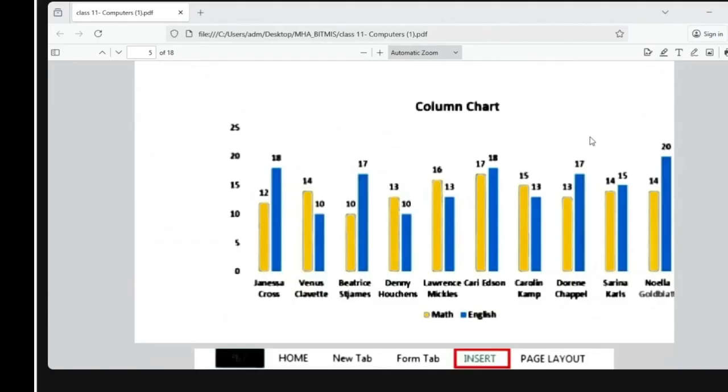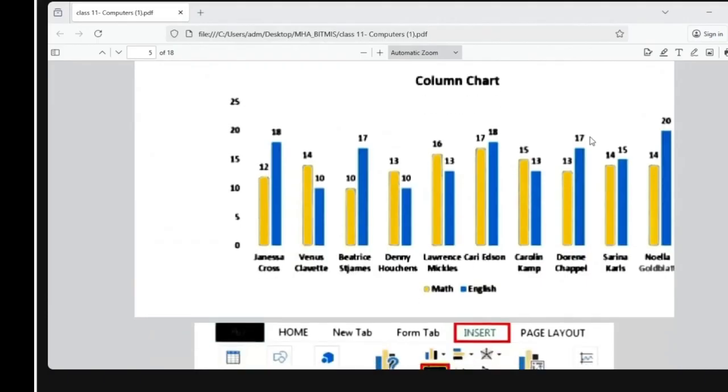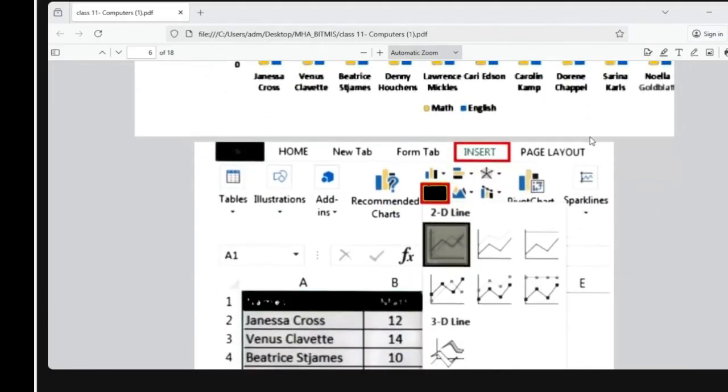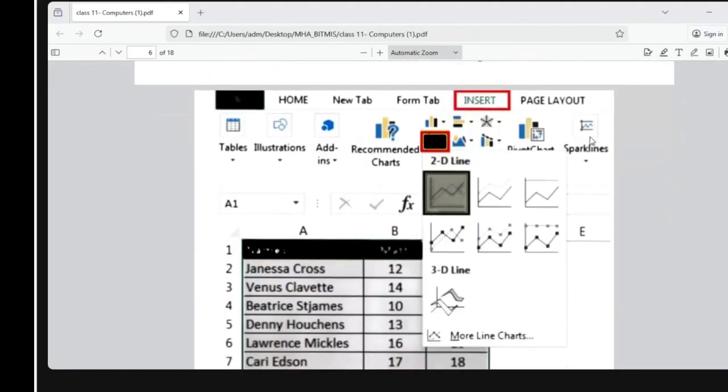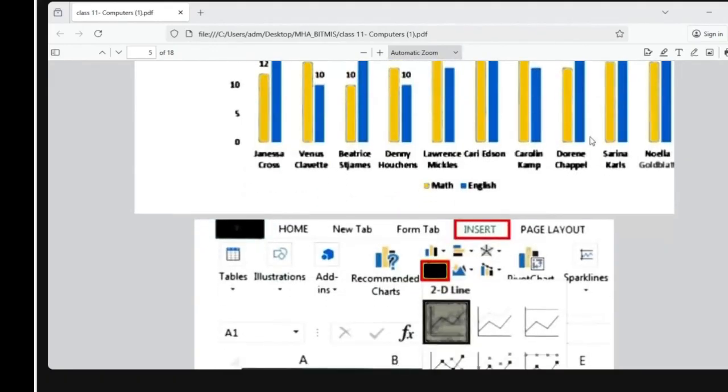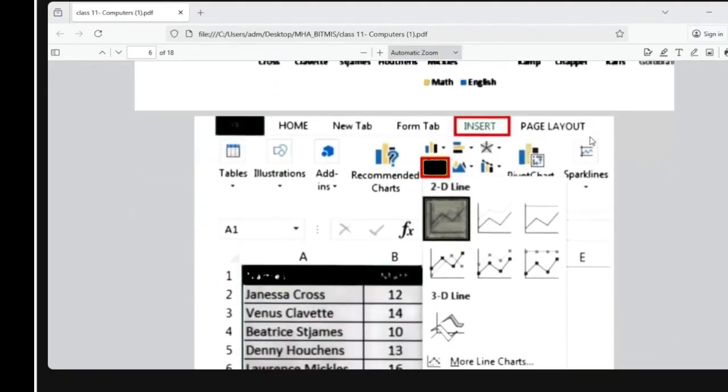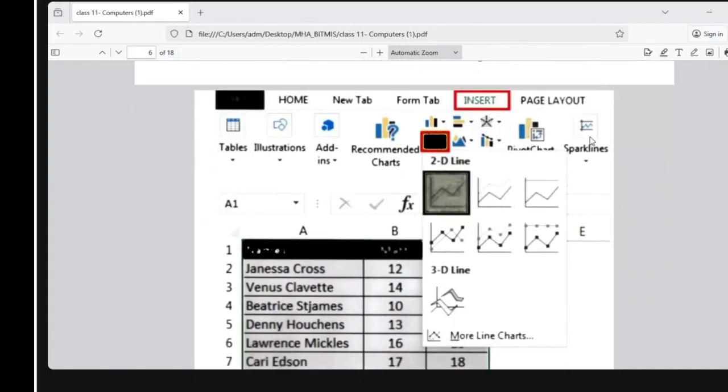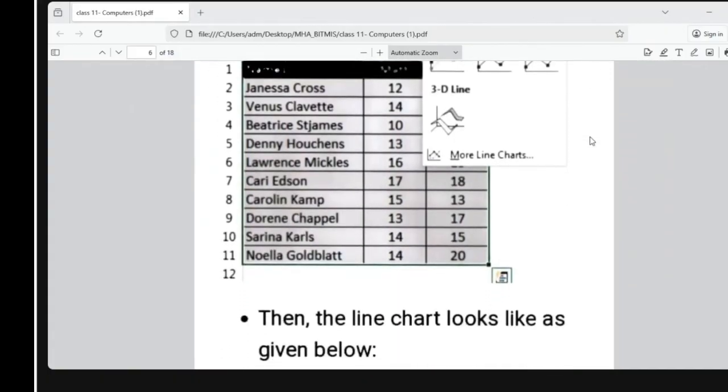This is the column chart. The following elements can be added: clip art, graphics, a table, photographs, media clips and videos. All these elements are mainly used to enhance presentation skills and make the slides more interactive. Next, we have the insert option, the types of charts. Click on insert, then select the 2D line chart.